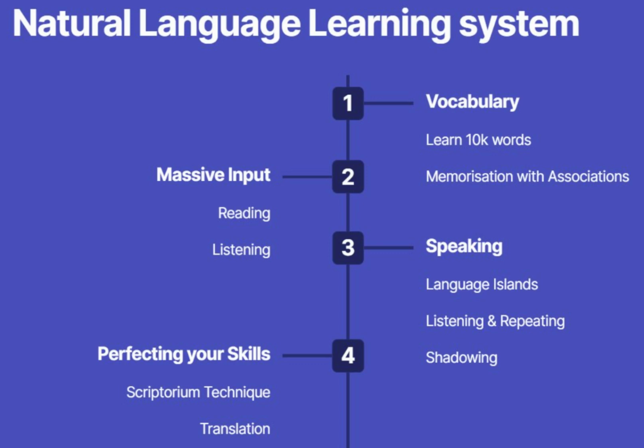And then we've got language islands, which you should be familiar with if you've been following my videos. It's basically a list of situations and conversation topics specifically for you. So you prepare your own, you translate everything into the language, and you memorize all those sentences. You can do this in the first week of language learning. Around 1,000 sentences for specific situations and conversations that you usually have, and you memorize them and you practice saying them. And this will make you speak.